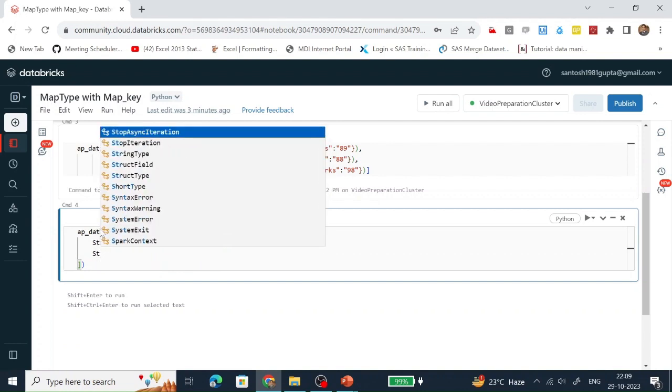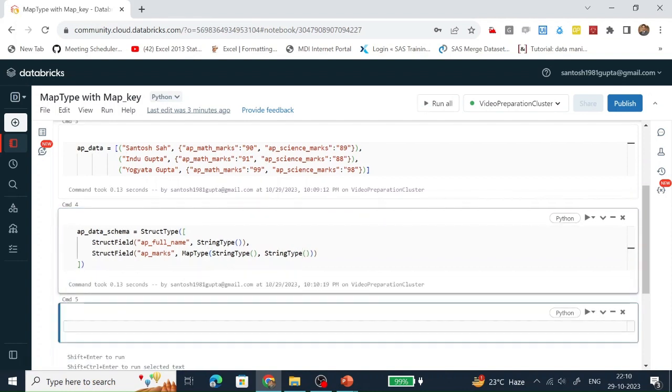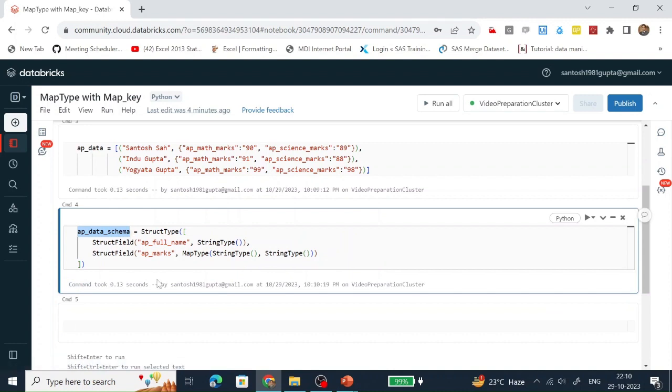Let's create the second column. It is of map type. In the map, the key must be of string type and the value must be of string type. Let's run it. This custom schema gets created.